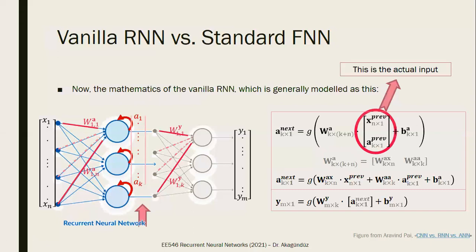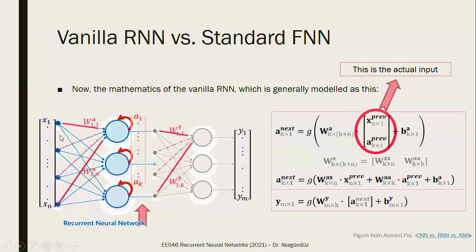So guys, this was the actual input to my nodes. So the input to my network is k plus n. However, I am calling x as the input because a is actually not a real input. It is a state. It starts with 0, and as I feed information, it is changing and changing. And actually, you might get a mathematical idea of this state if you think about how to feed different input to this network.